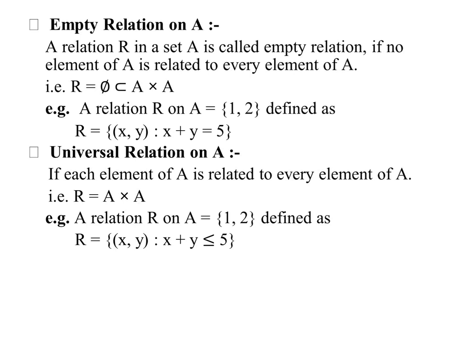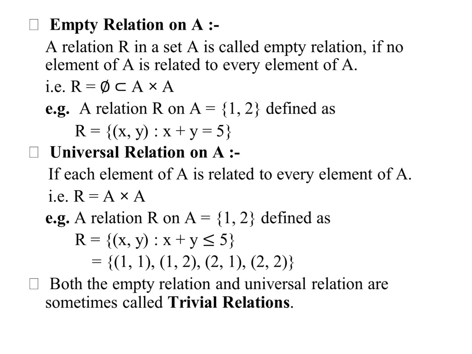Let us find the relation. Here the set A is equal to {1, 2}. First pair 1 1: 1 plus 1 is 2, and 2 is less than or equal to 5. Then 1 2: 1 plus 2 means 3, and 3 is less than or equal to 5, satisfied. Next pair 2 1: 2 plus 1 is equal to 3, less than or equal to 5. And 2 2: 2 plus 2 means 4, and 4 is less than or equal to 5. So R is a universal relation.